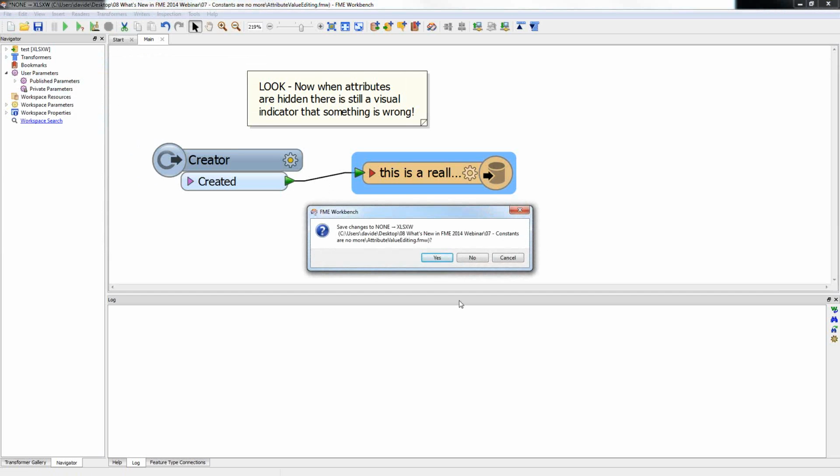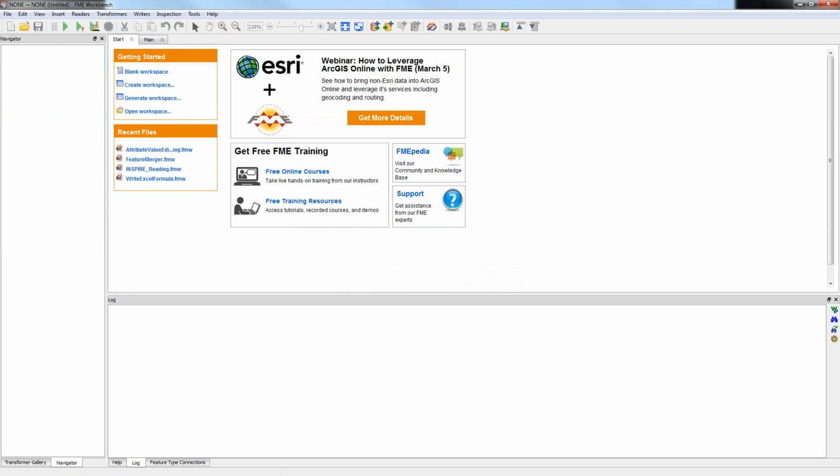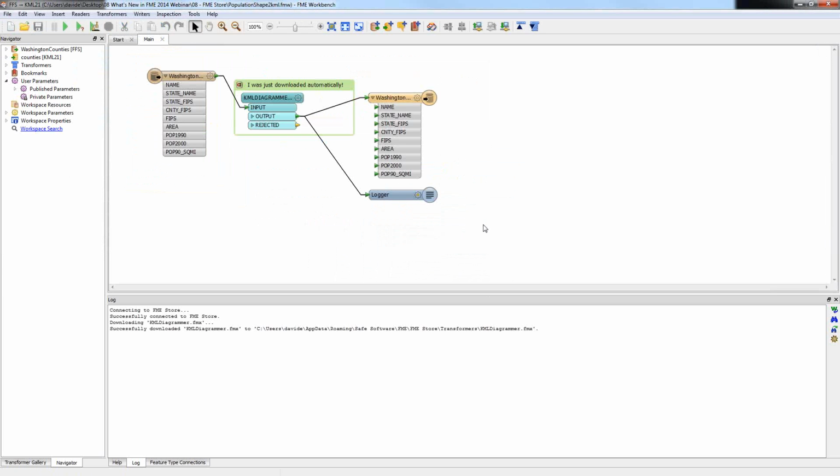And what I'm going to do is just close this down, and I'm going to drag into place a workspace that I've downloaded, and you'll have to keep your eyes open really to see what happens. But here's the FMW coming in, dragging onto the canvas now, and you see that we get a progress bar that immediately hits FME server. If you didn't manage to see that refreshing over the webinar, there was a little progress bar there. The important part though is that it's actually downloaded that FMX file with KML diagrammer directly from the FME store,